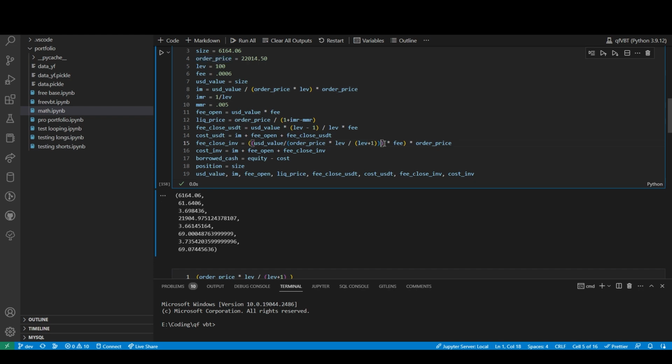You do all of that and multiply it by the fee, which is this. And then to get the USD value of that, we have to do the order price, which is a little bit off compared. And then here we would do the